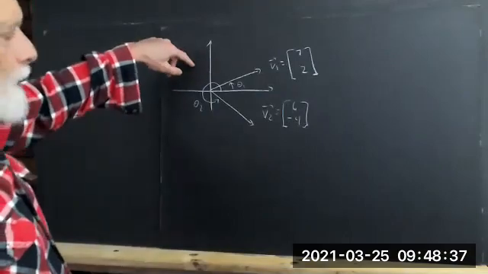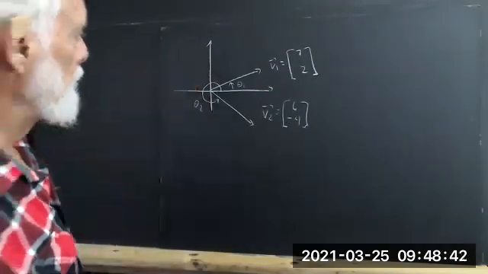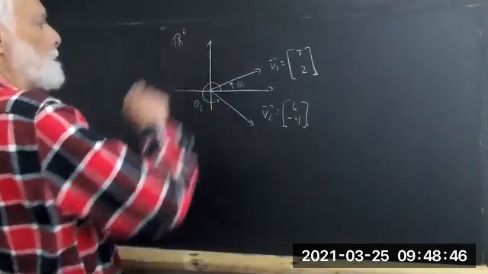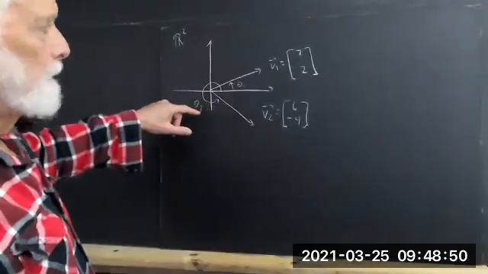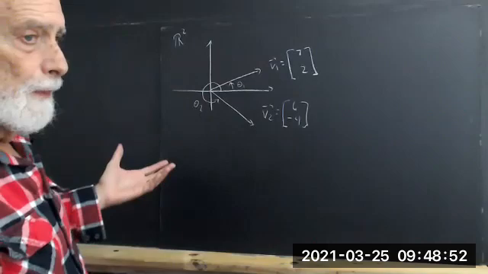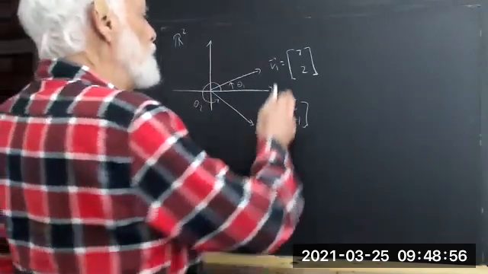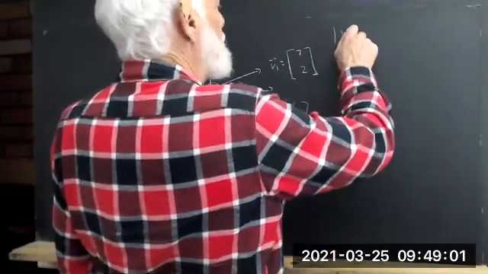Okay, so we have two vectors in R2, and we want to find, say, this angle and this angle. There's a simple rule for finding the angles. Well, first of all, V1 is (7, 2). Okay, the magnitude of V1